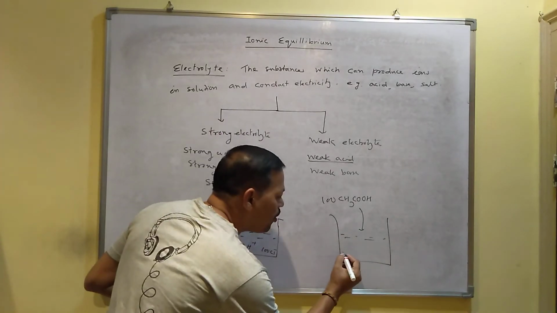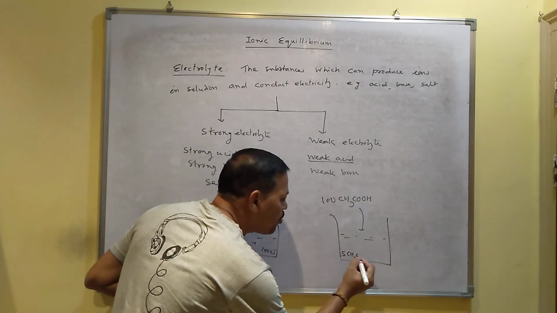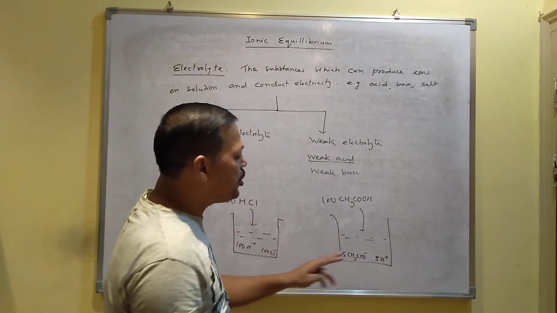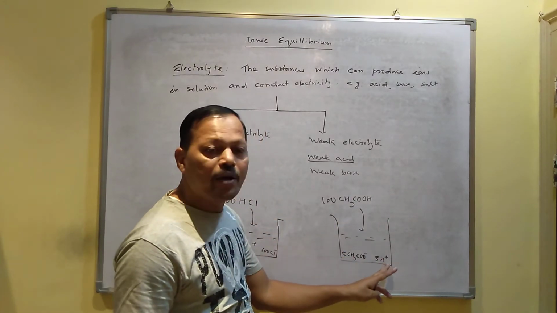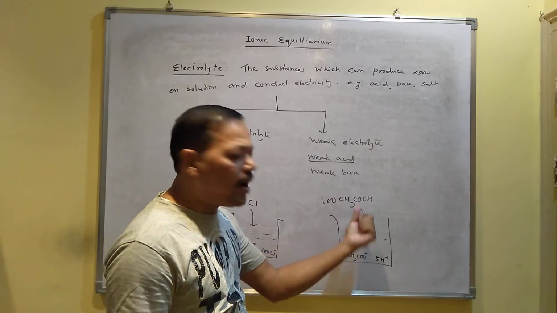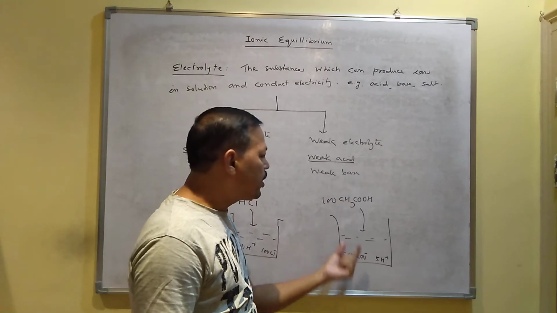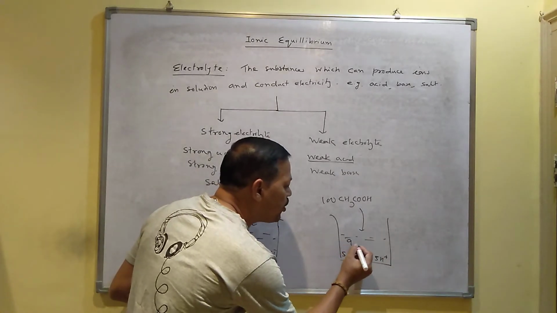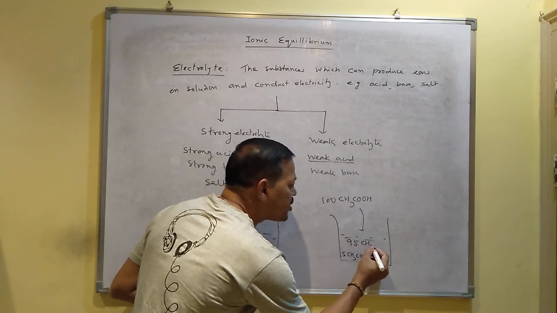Then it will form 5 CH3COO minus ions and 5 H plus ions. Acetic acid undergoes decomposition to produce acetate ion and hydrogen ion. So you have dissolved 100, and among the 100, only 5 molecules undergo dissociation, and another 95 molecules remain as undissociated molecules,